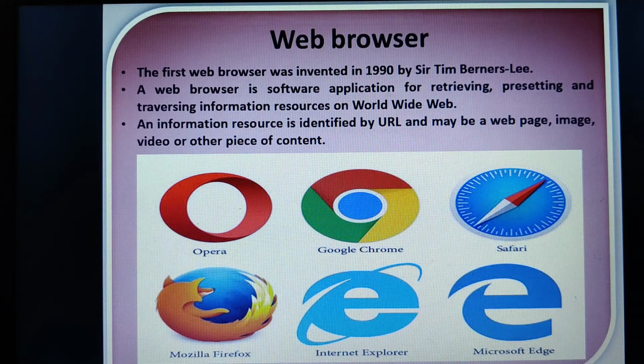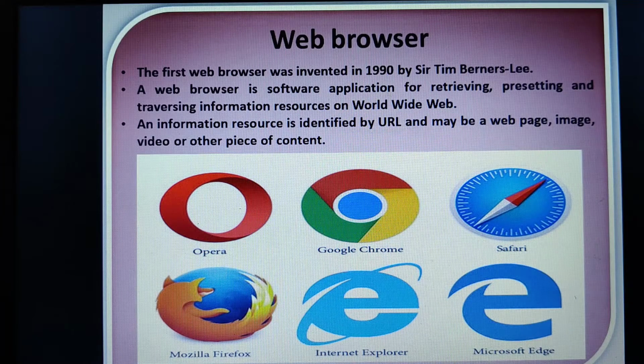When you click on that particular website, it is the URL which will locate that particular information, and once the URL locates it, that web page will be displayed on your desktop, laptop or mobile device, whichever you are using.